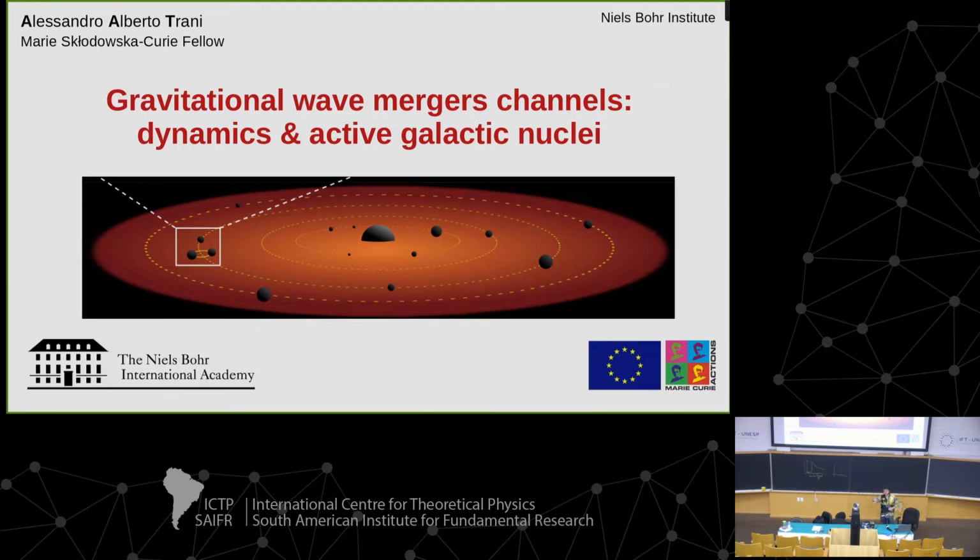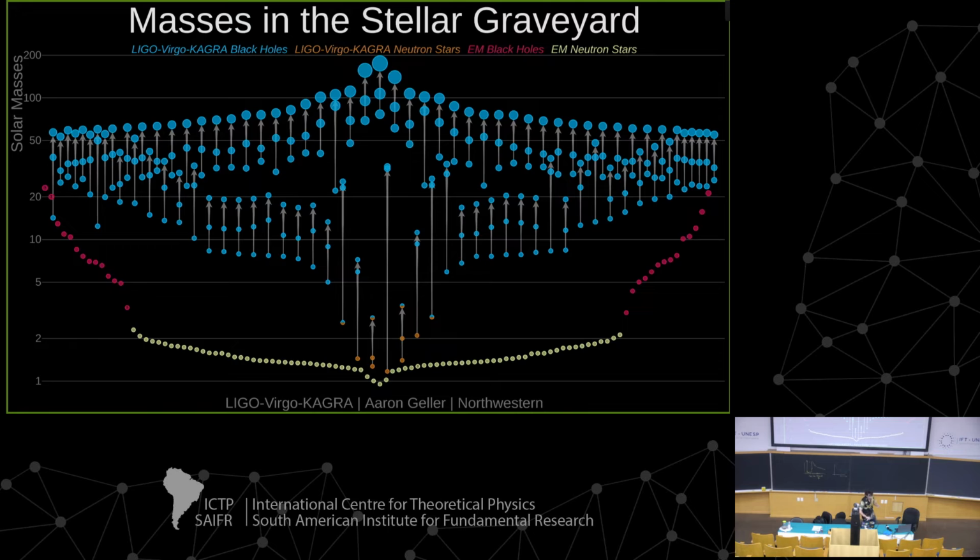We'll connect the gravitational wave part of this meeting to the dynamics part I discussed last time. And then I will also talk about the AGN channel, which is a channel for gravitational waves that connects both the planetary physics and the gravitational wave one. All right, so let's go back to this plot that I think Philippe already showed.